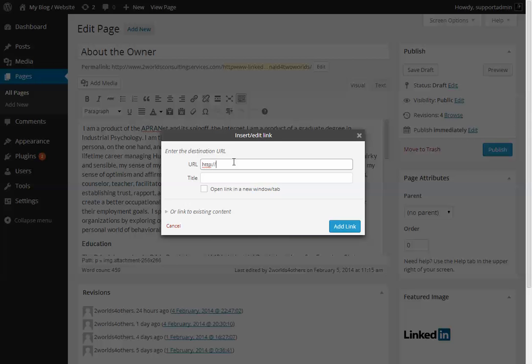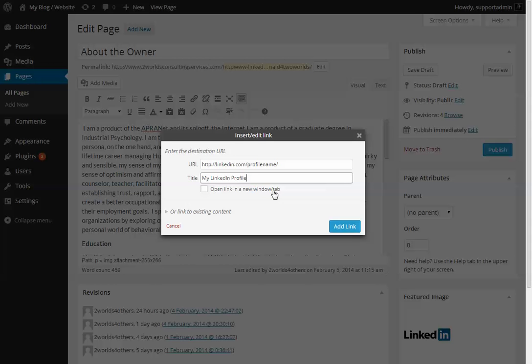It's going to be a URL, so it's going to be like http://linkedin.com/profile name/something. It's going to be something to that effect. What you're going to do is put the title for it. You can put my LinkedIn profile, and you can select to have it, when someone clicks on the link there, open inside of a new window or tab,